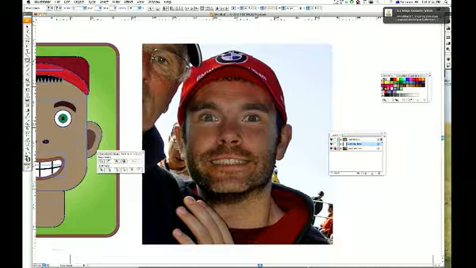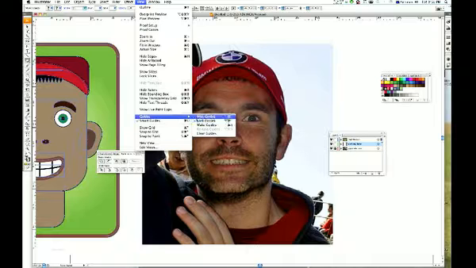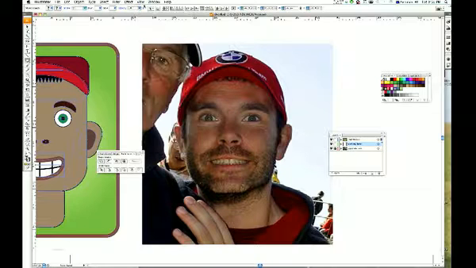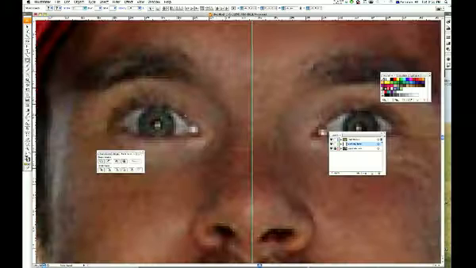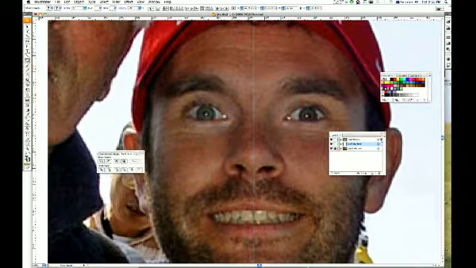Okay, now first of all I'm just going to get a guide, and I'm just going to use that as my midpoint. Okay, make sure it's being seen. View, Guides, yep, I think that's locked. Alright, and I'm just going to start with the eye. Too big. Alright, so I'll just drag in,